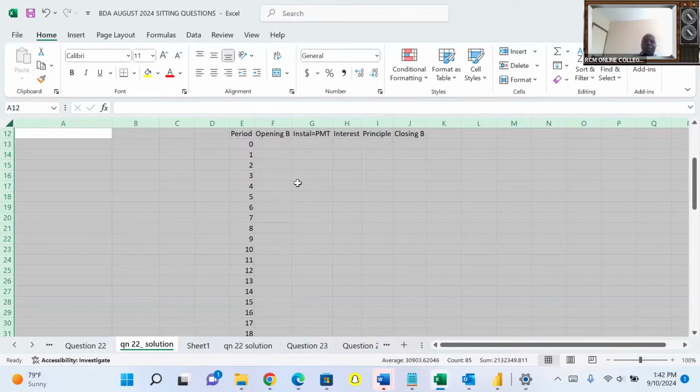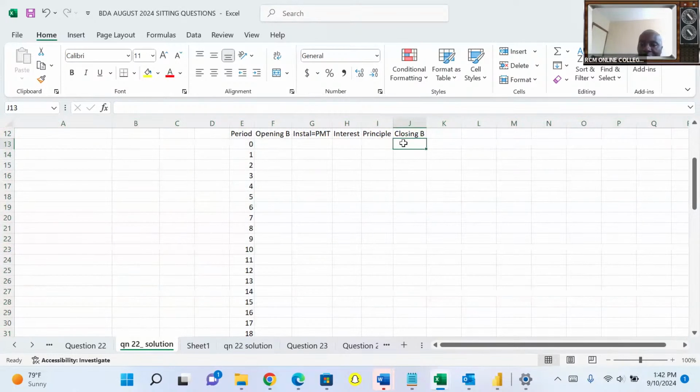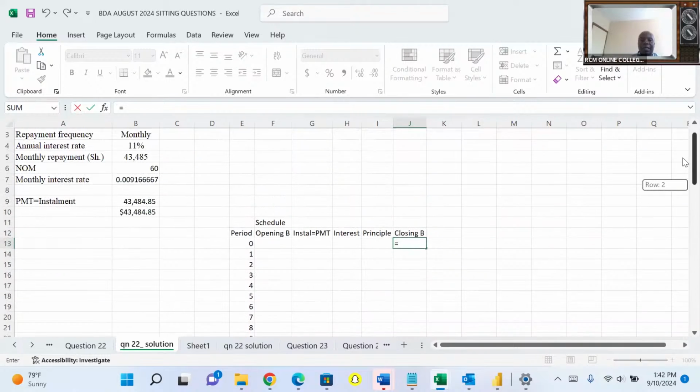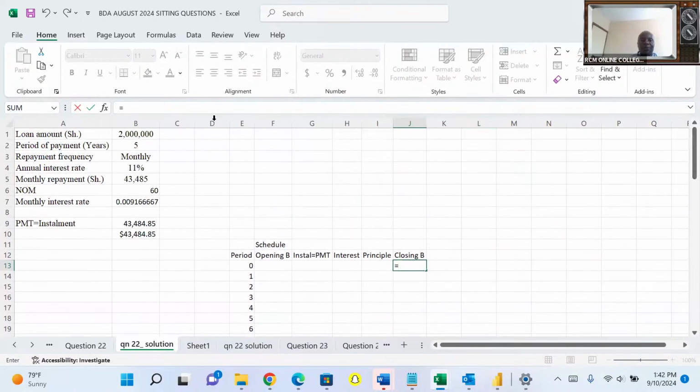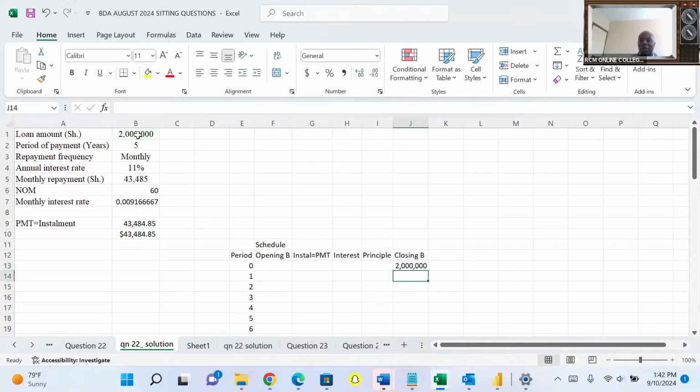Great. Good job. Now remember, for opening balance, at time zero, don't write here. Time zero is today. So what is happening at time zero? We have in this case these 2 million shillings. Every figure must be positive, 2 million shillings like that, which will mark the opening here. If you wish, you can put this here and again there, no worry.